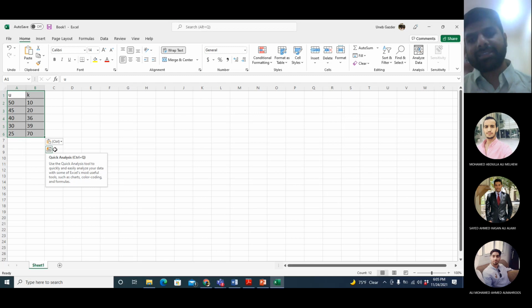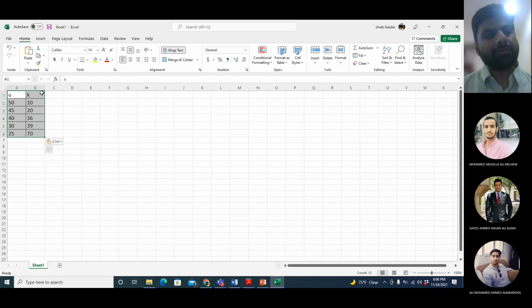In many cases you will have one output and many inputs. For example, design of concrete. The strength of concrete is not calculated by one input variable. It requires many input variables. But for the simple case of one input, one output, you can use Excel as well. So what should I do? You come here and you put all the values in two columns. Then you select the two columns and you go insert.